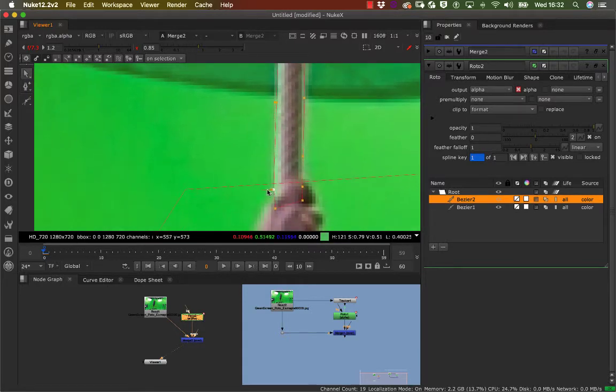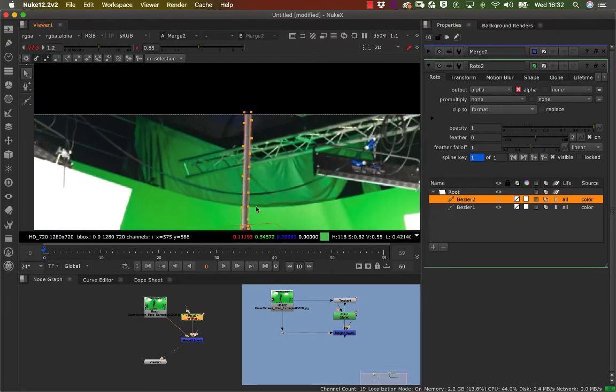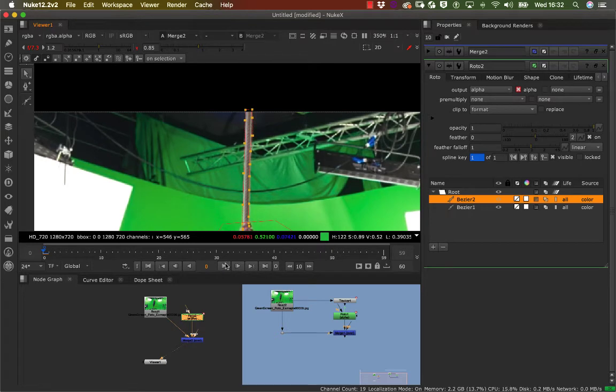So now what we've done, we've just set our feathers as well, and just give it a bit more. And there you go. Perfect. Okay, so I'm happy with that. So now, obviously, we now need to